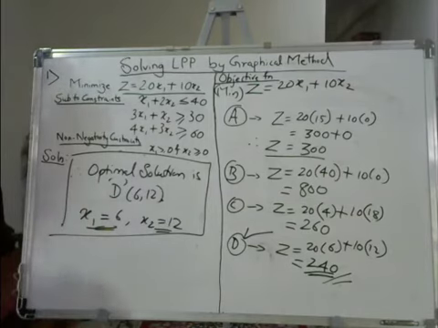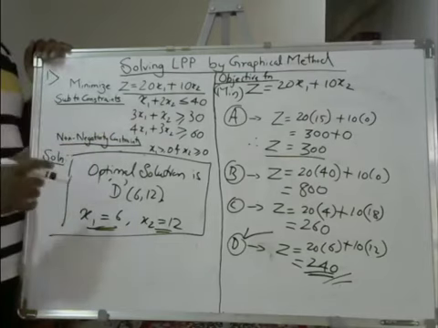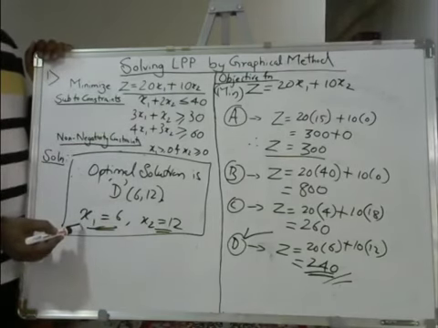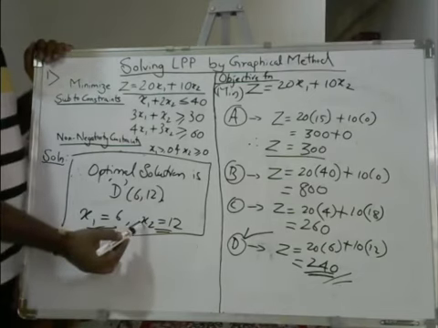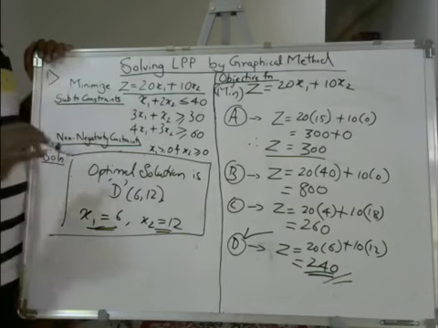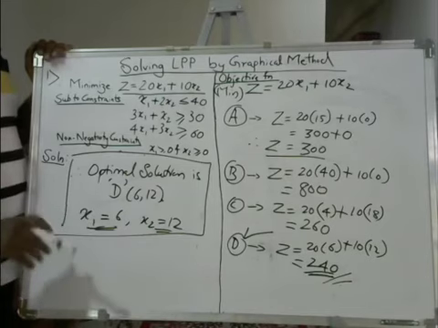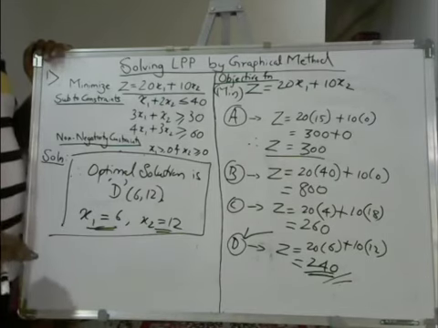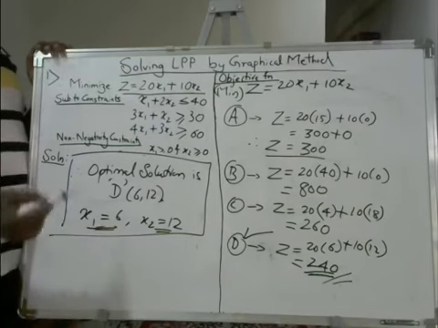This is your answer. You are trying to do all this to find out how many x1s you need to produce or to purchase, or how many x2 you need to produce or purchase. Since it's a minimization problem, definitely you are trying to keep the production at the low cost. You are trying to produce in such a way that you keep the cost minimum. So that's why x1 is equal to 6 and x2 is equal to 12. This is the answer.